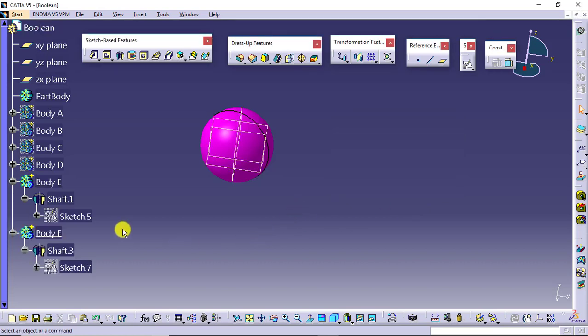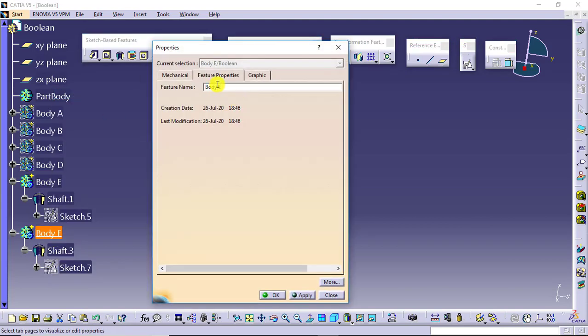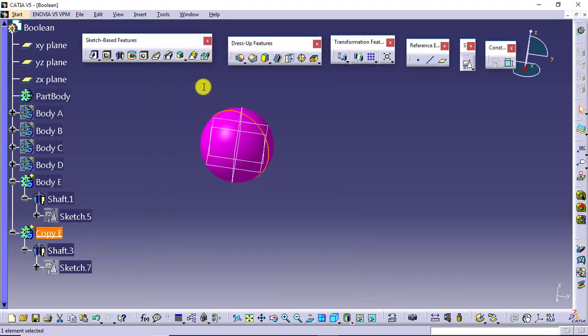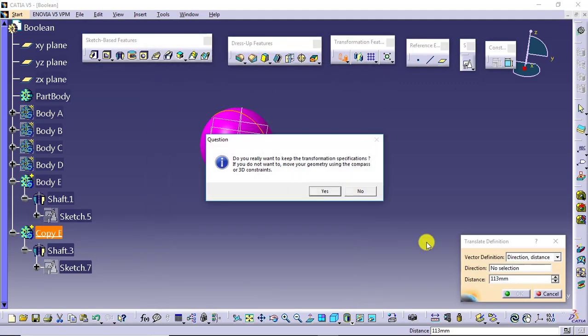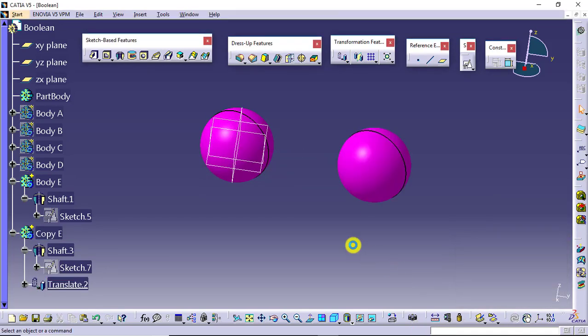As soon as I select and say OK, there will be another body in the same manner. Shaft is there, its sketch is there. I'll change the name to copy E just for the understanding, and I will apply transformation as well along the y direction like this.